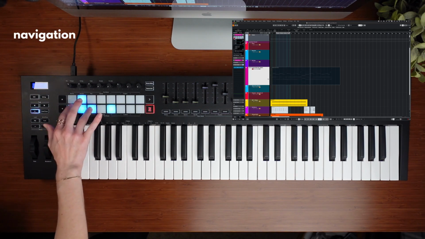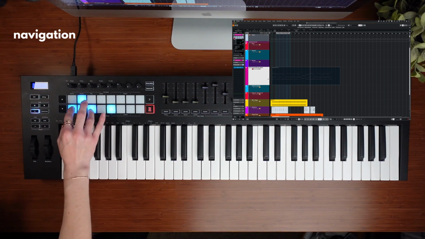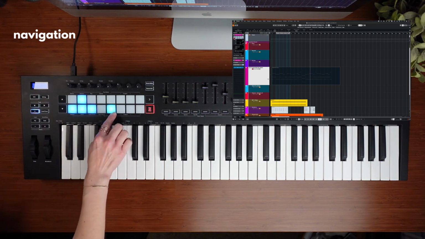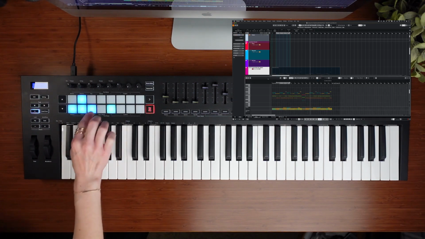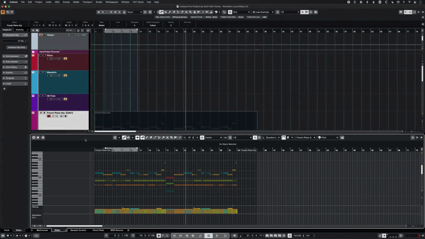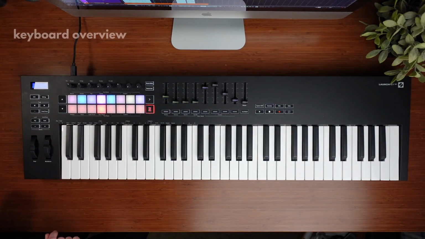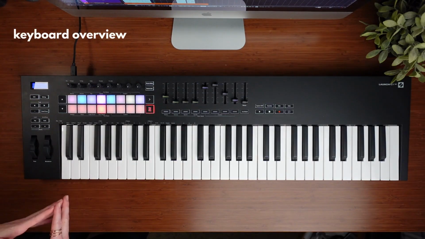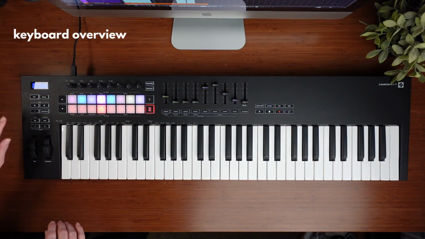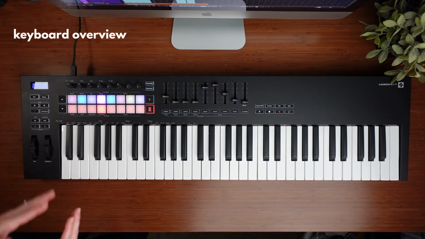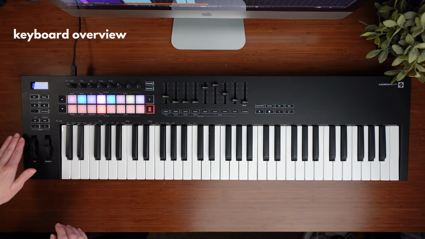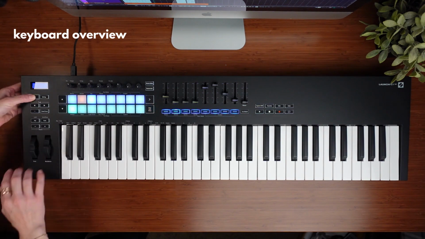If I use my arrow over, I'm selecting the clip next to the track. And of course, our other button here, which is green in real life, is an enter button. So for this case, it's opening that lower zone on Cubase. Aside from navigation, fixed chord, so we can choose a chord that we're using. We have our arpeggiator, our scale modes, as well as our octave buttons, which also, if we hit shift,